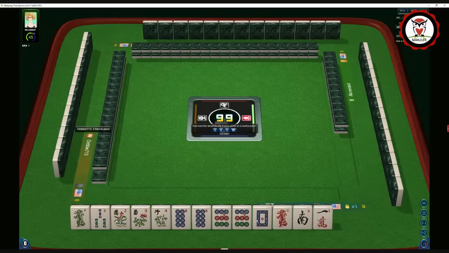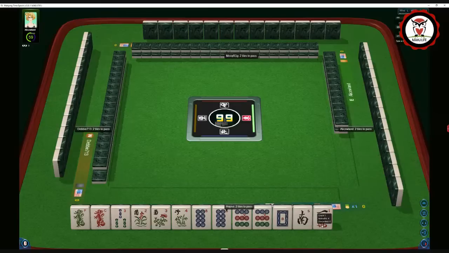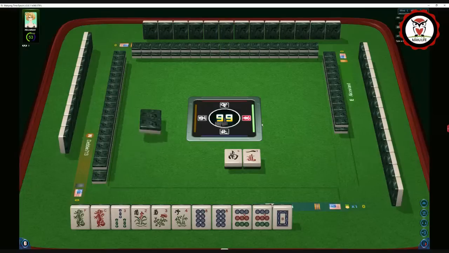I'm just kind of thinking maybe we can switch to a year hand if we get the dragons back. Let's pass 2. A 2 bam was in there in the Charleston. Let's see if our opponent wants any 2. If we get the 2 bam and a dragon, we could maybe play a year hand with dragons and use